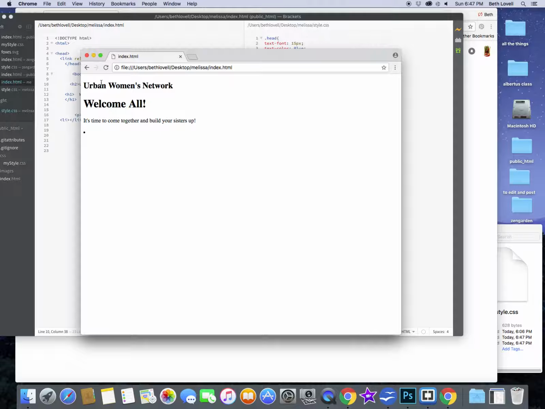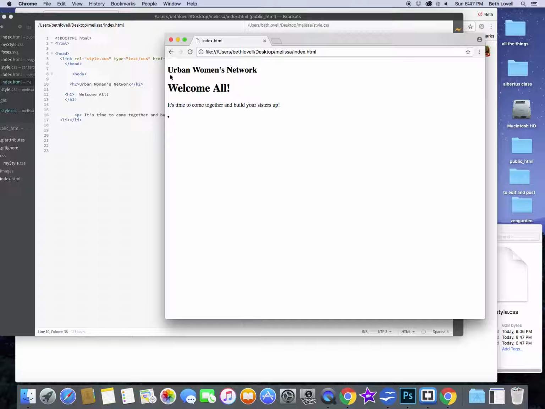I can see that Urban Women's Network, which is a heading 2 tag, is smaller and it's above the heading 1 tag, Welcome All. And then the paragraph tag, It's Time to Come Together and Build Your Sisters Up, is right there. And then there's a dot for a list item. And we don't have a list going on yet, so we don't need that. So I might delete that as I go